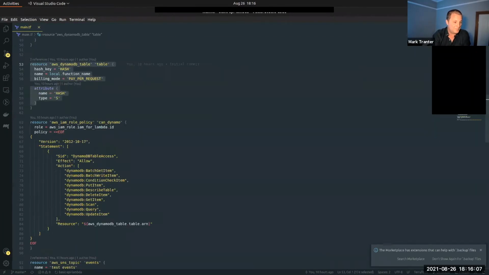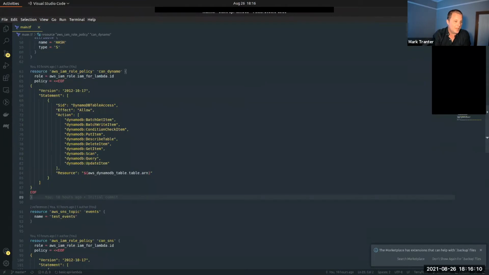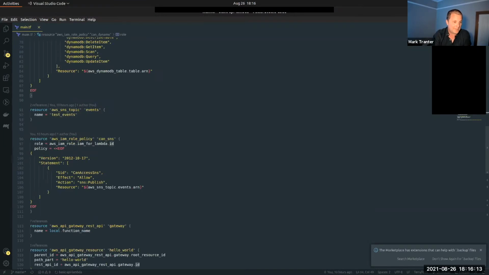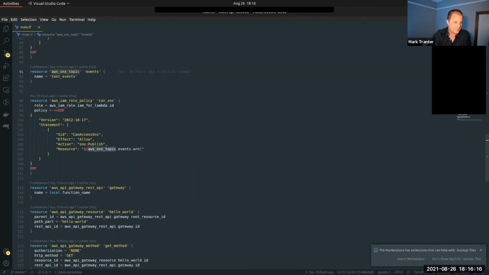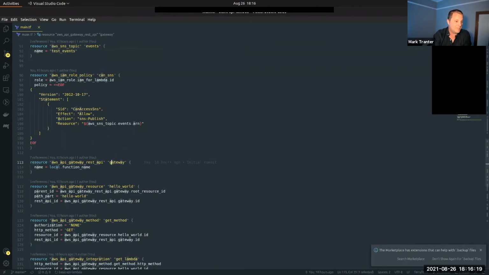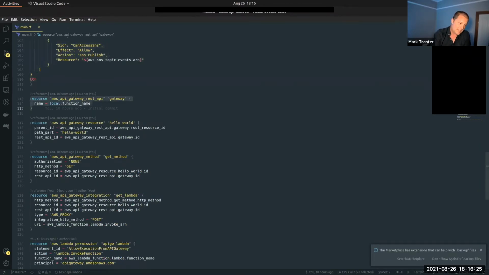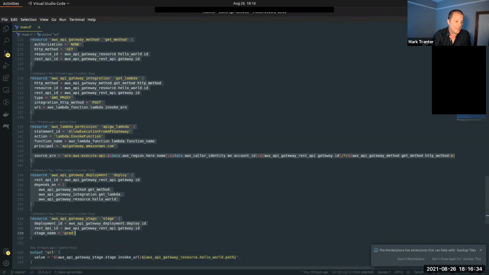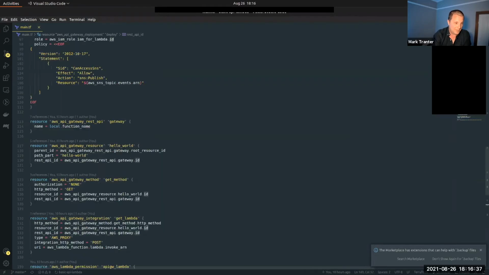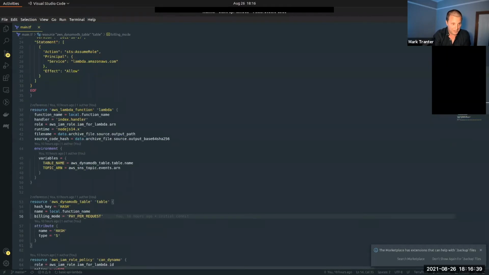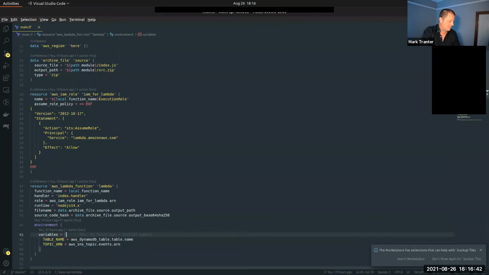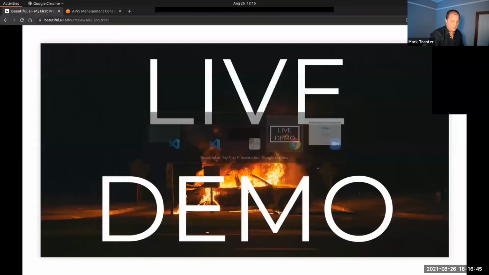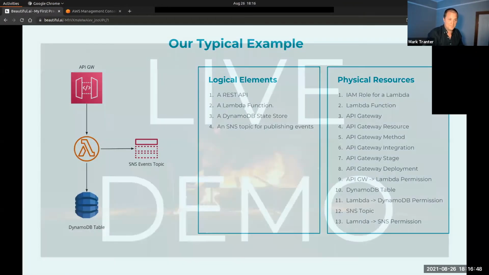Creating a Dynamo table. I'm giving that lambda function the relevant permissions to be able to read and write from that DynamoDB table, and an SNS topic to publish events to. I'm giving permission for the lambda function to publish events to that particular SNS topic. And then I don't really want to deep dive into this, but you can see the configure API gateway. To configure API gateway for that service is a bit of a pig. And as you can imagine, this stuff is really, really, really error prone. And this is the bare minimum so that we can build this. This kind of stuff's really error prone.